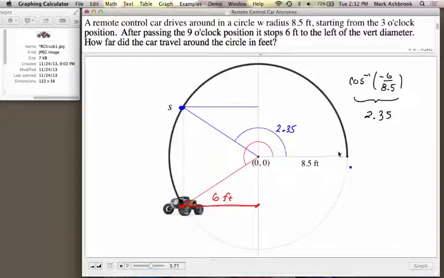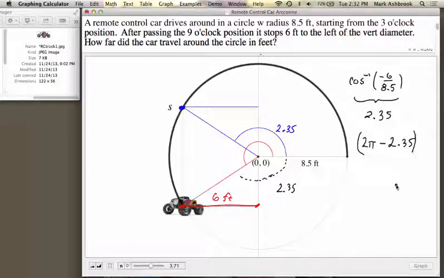So how are we going to get the one we want? There's different ways to do the question. Oh yeah, go ahead. So you could take 2 pi minus 2.35. Yep, that'll work. Because this dotted line, from there to there, is also 2.35. And we want a whole circle less that, which will give us the red one. So that's one way to do it. You can do 2 pi minus 2.35, which will be the angle I have shown in red